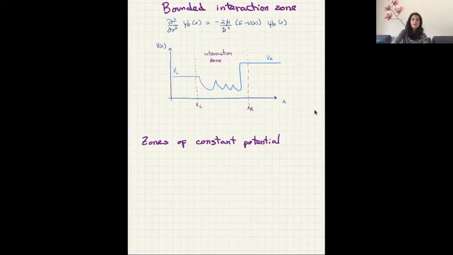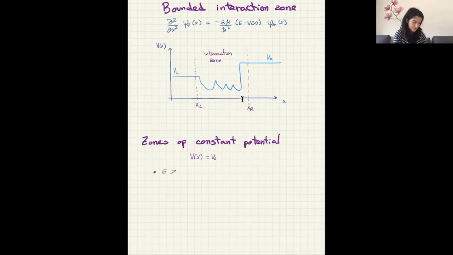Okay, good. So we continue, and we're trying to see what happens in these zones that have constant potential. Which means that we're thinking of zones where we have V of x equals some V0. For example, the one on the left and the one on the right. So then we have two options. Option one,